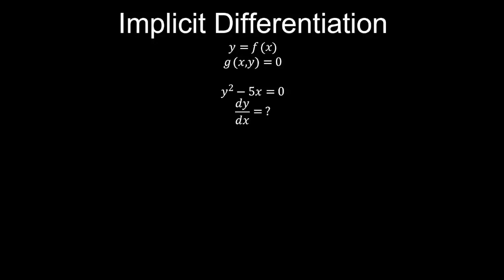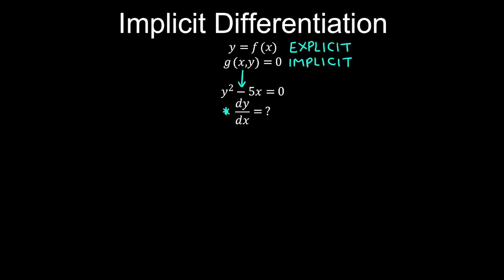We have an explicit function where y is explicitly stated as a function of x. And here is the implicit form, where it's implied that y is a function of x. And we use the chain rule to differentiate such a function implicitly. So here is an example of the implicit form, and we aim to find the derivative of y with respect